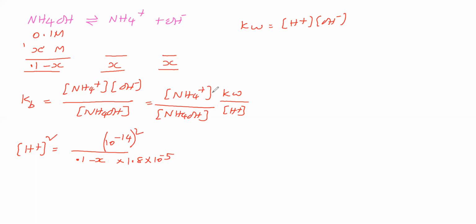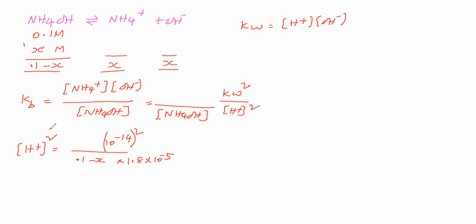What we have done is, in the place of ammonium ion, we have taken this ammonium ion as hydroxide ion. Since it is hydroxide ion, we will make this a square, this a square. So the ammonium ion will cancel. That means ammonium ion concentration and hydroxide ion concentration are equal. Therefore, we will take this as OH minus square. OH minus square is equal to Kw square by H plus square.